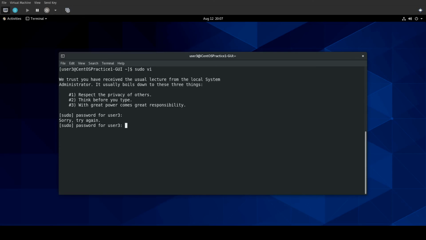And let's try the correct password. And it says this user is not in the sudoers file. This incident will be reported. Now, there's a couple ways of handling this. If you want the broad stroke approach of just giving users access, you drop them into the wheel group. And the reason why that will work, let me exit out of user3 back into root,